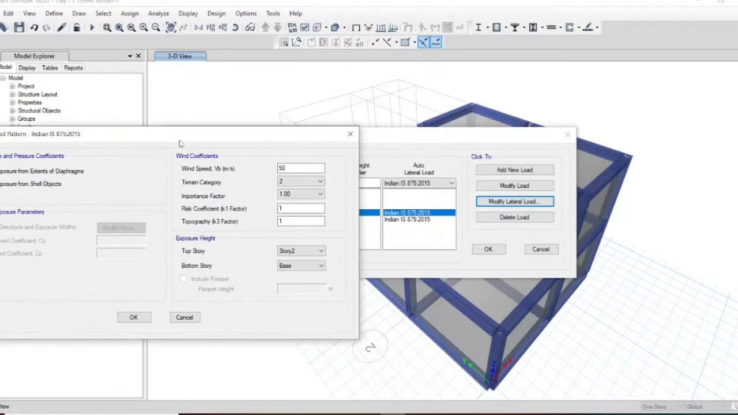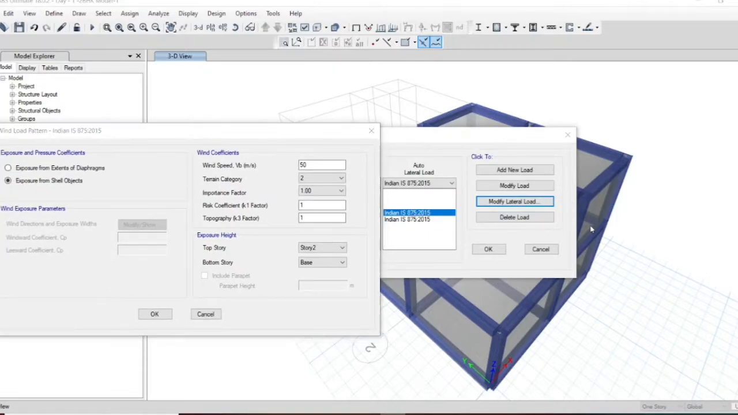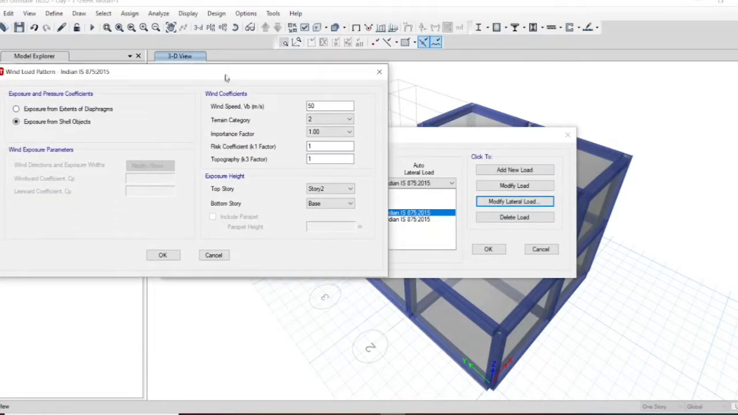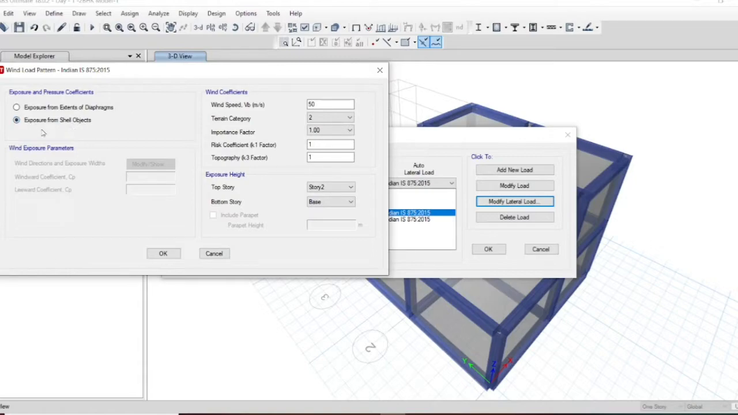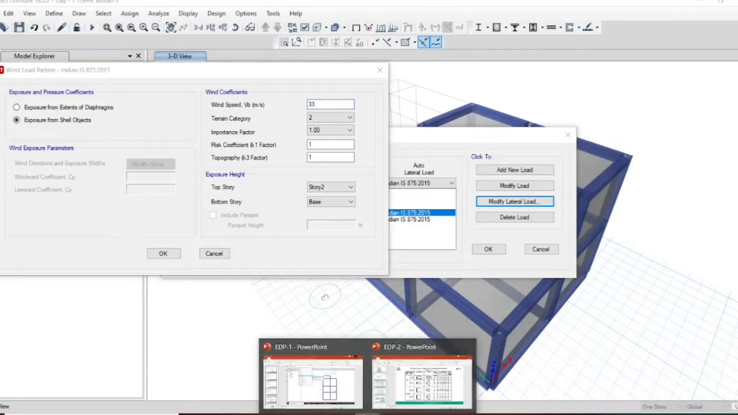which we have done now, there are 2 methods of doing wind analysis. Currently we have introduced shell objects. And what is a shell object? These are all cladding members, these are all shell objects. Currently we have used this method, and wind force can be found out by using the diaphragm method also, which I will discuss tomorrow. And as of now, our basic wind speed is 33 for Bangalore, and we have to take it from here